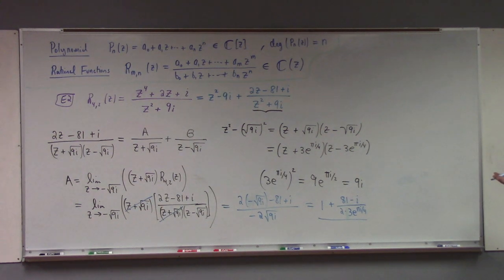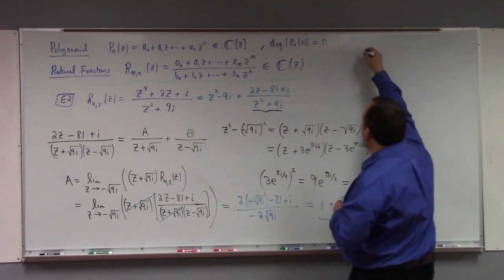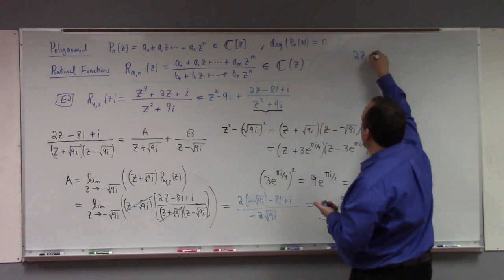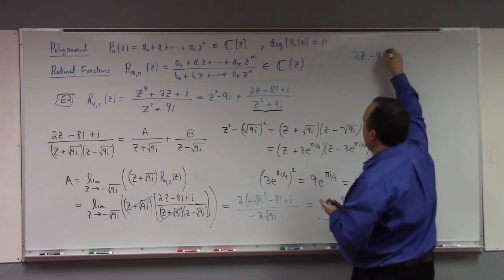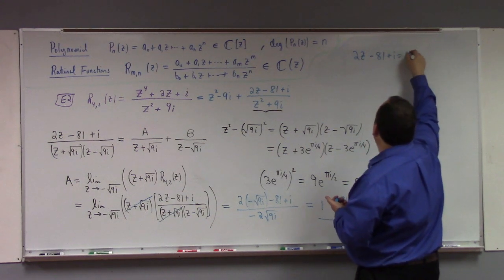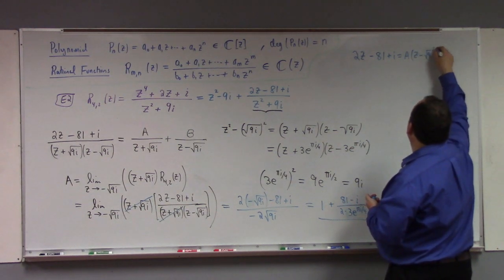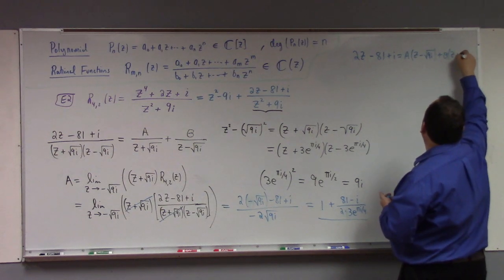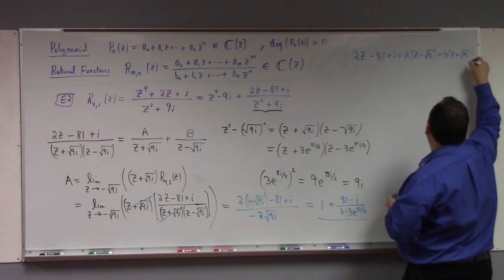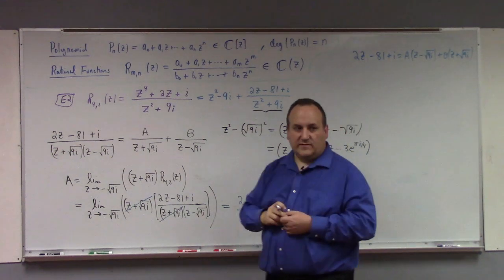Well, you do the same thing, but instead of putting the limit going to minus the square root of 9i, you go to plus the square root of 9i. If you remember Calc 2, the way we did this was just to multiply both sides by the denominator, and that way it's still legitimate. This is just another notation for that idea. So 2z minus 81 plus i is A times z minus the square root of 9i plus B times z plus the square root of 9i. If you just look at that equation,